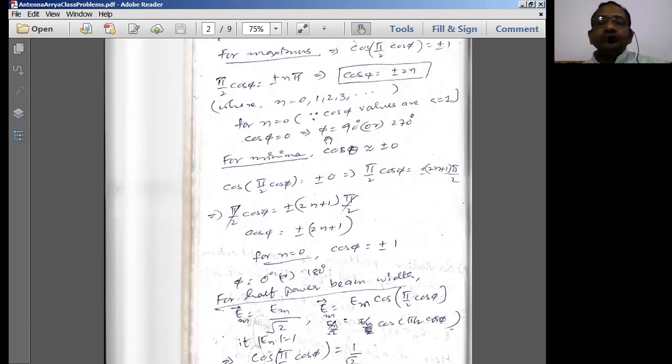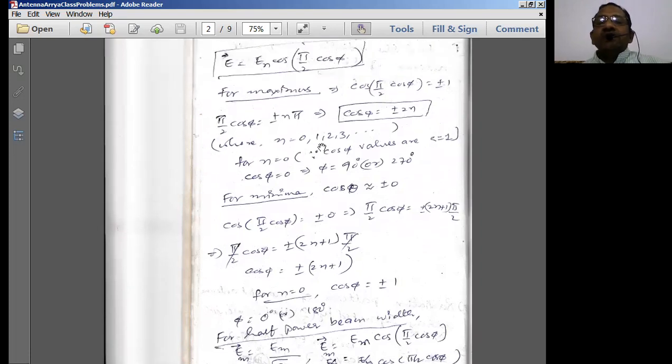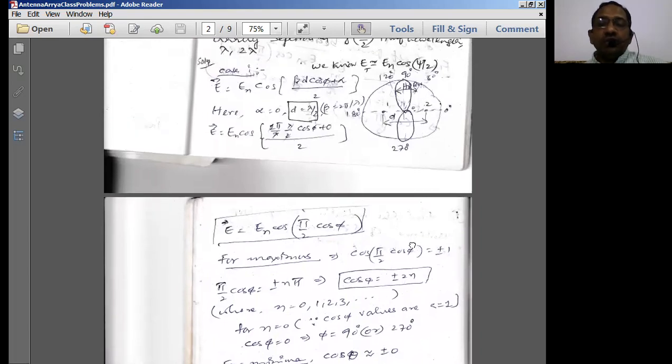So therefore, for phase angles phi equal to 90 and 270, we are going to get the maximas. This is the condition for maximas. Maximas do not mean a single maximum value; this product, whatever this cos component is, should be maximum. So for it to be maximum, what condition do we have to take? We are proceeding with that and finding out the phase angles over which we get the maximum radiation. So here we came to know that at phi equal to 90 and 270, we are going to get the maximum radiation.